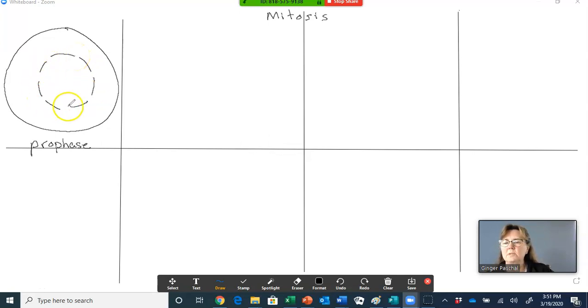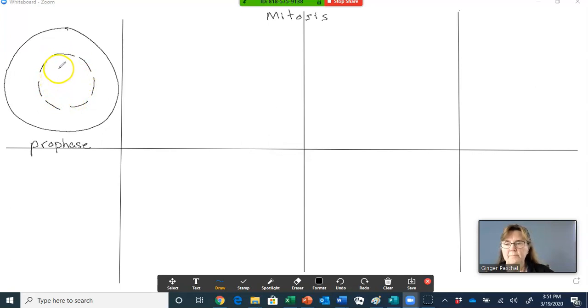So I bet if this was a solid line, you could tell me what it is. Let me pause for a second, let you think. What is this thing in the center of a eukaryotic cell that I've just drawn? Hopefully you said it was a nucleus. Now the reason why we drew it in a dashed manner is because this nuclear envelope or nuclear membrane is